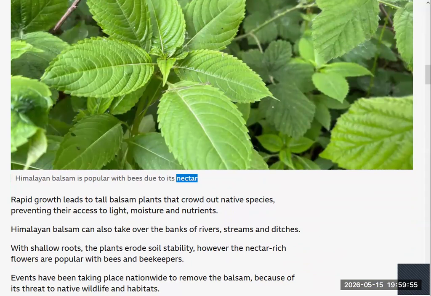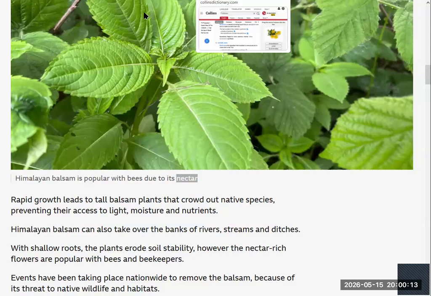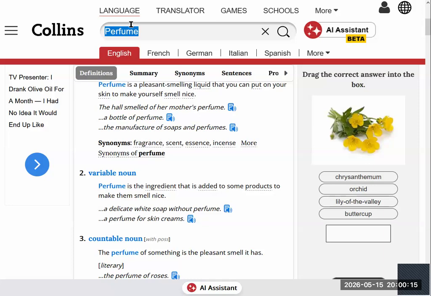So nectar normally comes from plants, particularly their flowers, and this will be in the spring when they're flowering, blooming, and bees